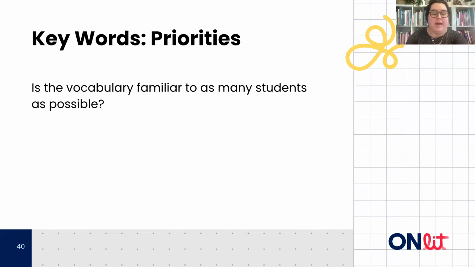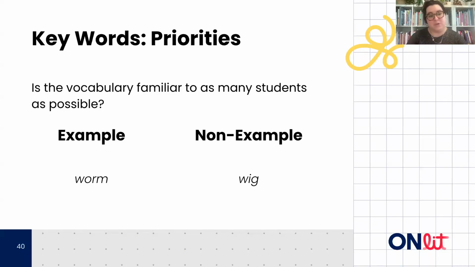This was a really big one. We really prioritized, wherever possible, familiar vocabulary. Again, recognizing that the whole efficacy of these mnemonics hinges on that piece where they can look at a picture and say, oh, that's what this is. So we prioritized tier 1 words. We tested it with students. Melissa tested it. I tested it. We wanted to get student perspectives on whether they could instantaneously recognize it. So we chose worm for W instead of, some phonics programs will use wig. We figured worm was more concrete and kids were more likely to see them on the ground in the schoolyard versus something like wig, which might be a bit more abstract. So we really wanted to prioritize familiar vocabulary words.